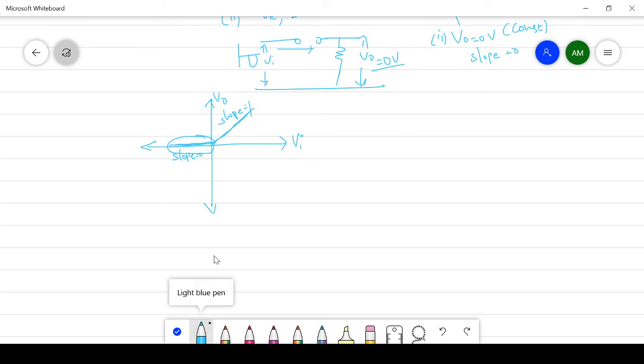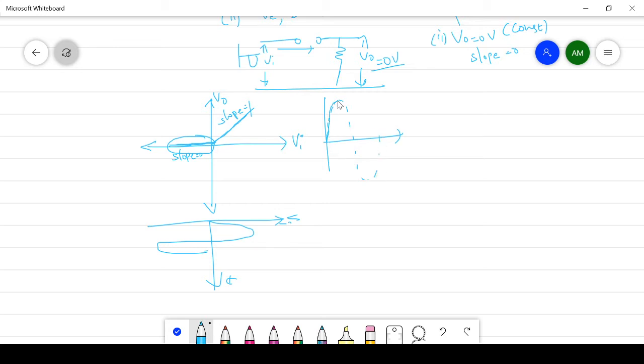When the input signal, that is the sinusoidal signal, is given to this circuit, then we can eliminate the negative half cycle. This is the actual input signal, and we get the positive half cycle only. This part is the clipped portion. This is about the negative series clipper.